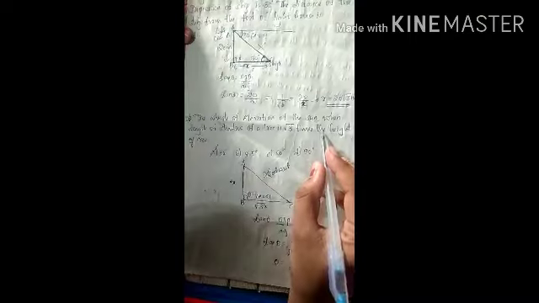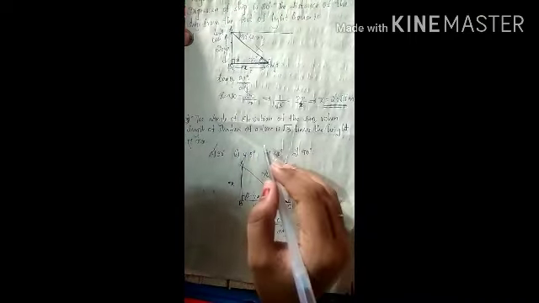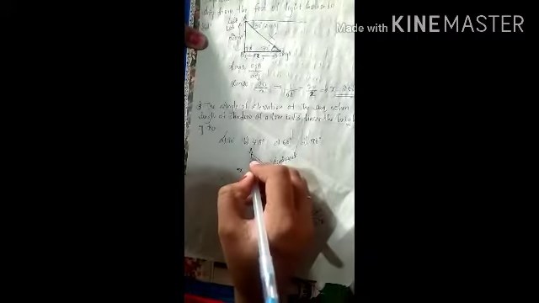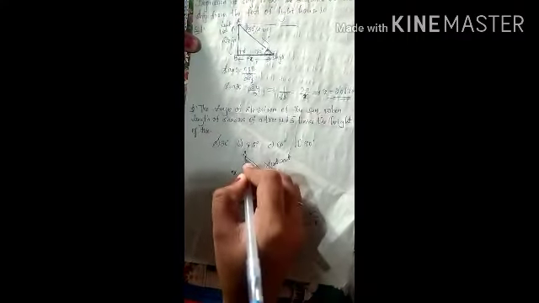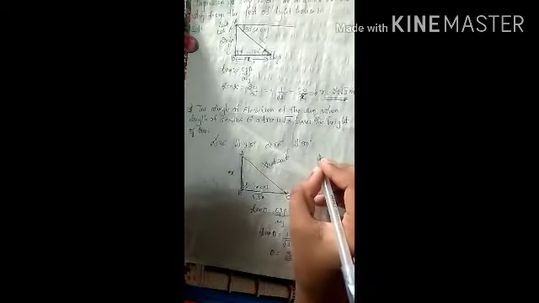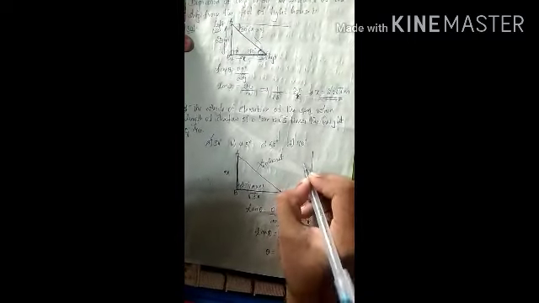They have given: the angle of elevation of the sun when the length of the shadow of a tree is root 3 times the height of the tree. Nothing, they gave one tree. And the tree's shadow is root 3 times the height of the tree, they said. This is the tree, and this is the shadow of the tree. Suppose this tree's height is not given, I thought it as x.